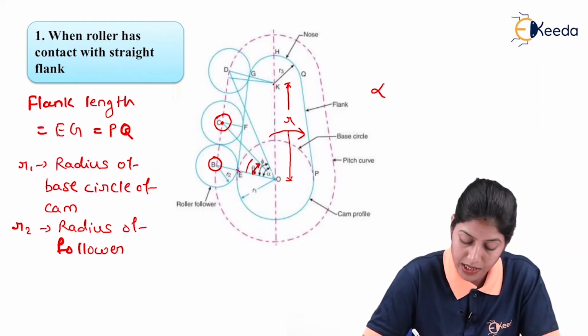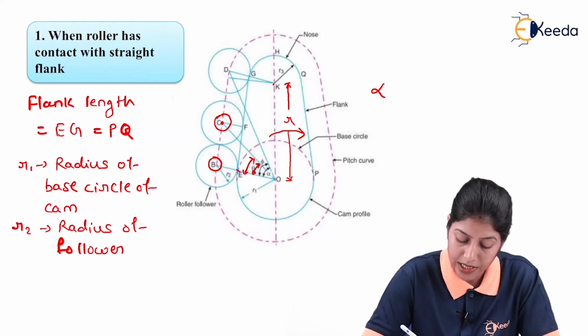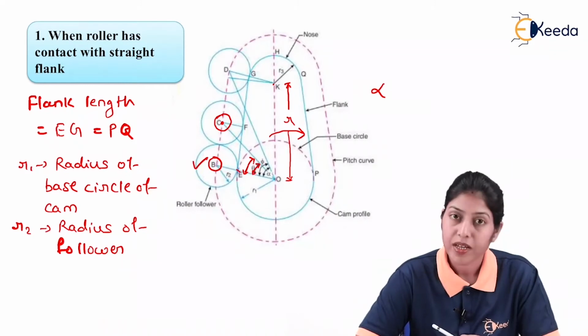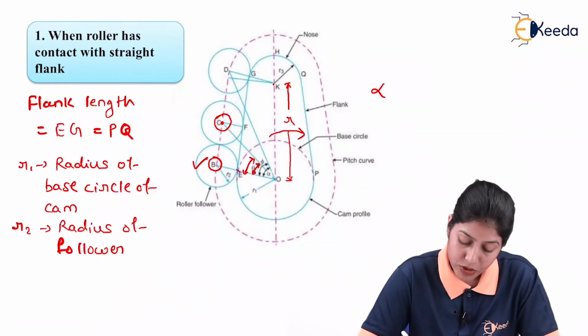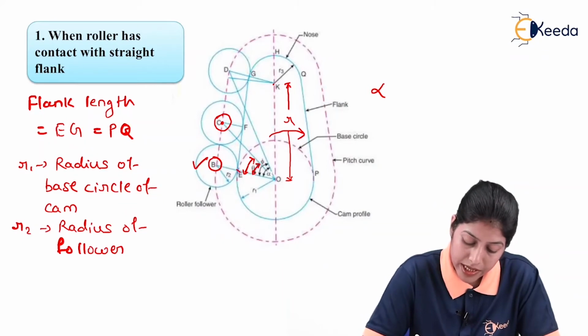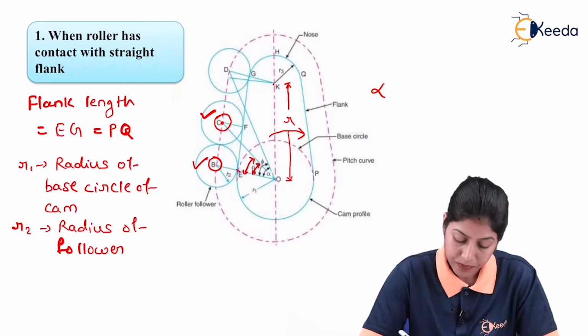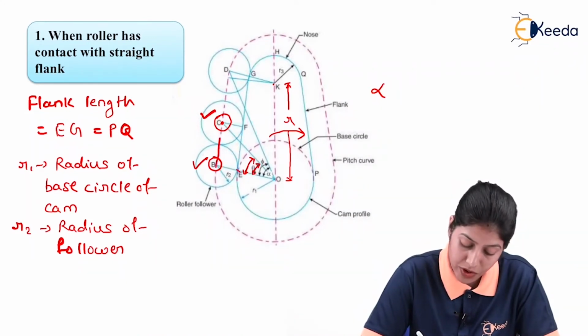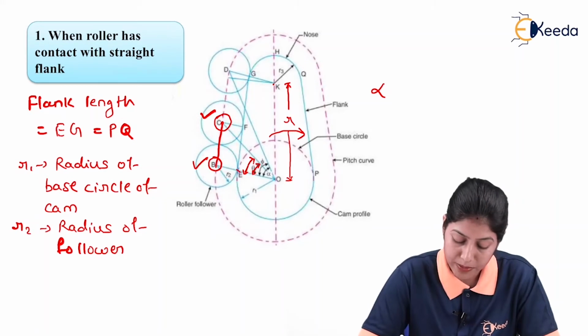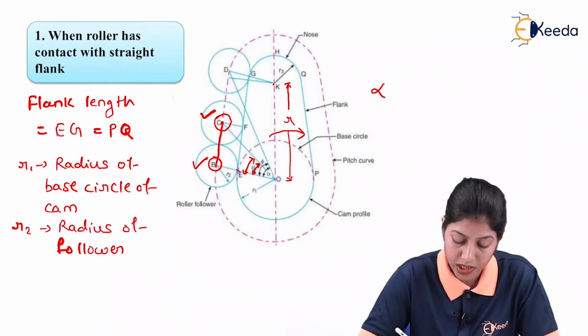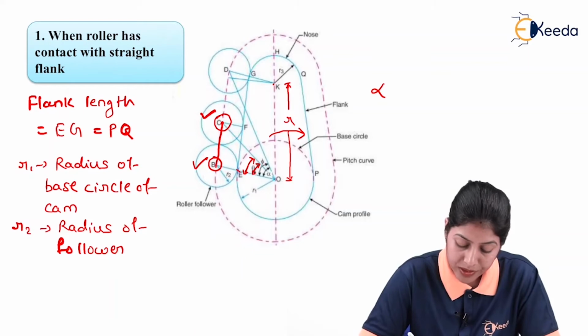So this angular displacement of the cam generally defines the displacement of the follower. Here the first position was this at point B, and when the cam rotates through angle theta, the second position of the roller follower is this at center C. So it is changing its position from B to C. This displacement, because of the reciprocating motion of the roller follower, we define with the help of this angle theta.